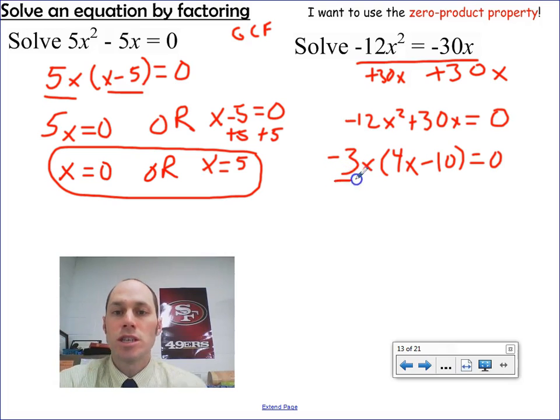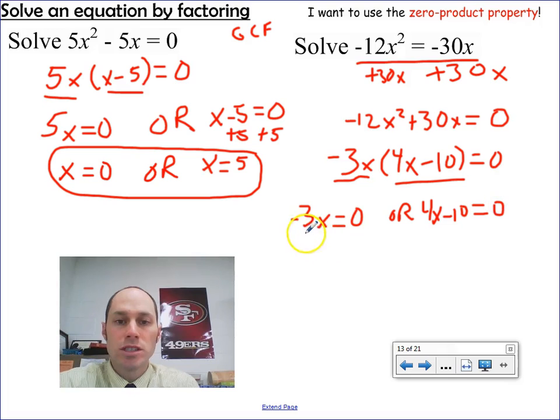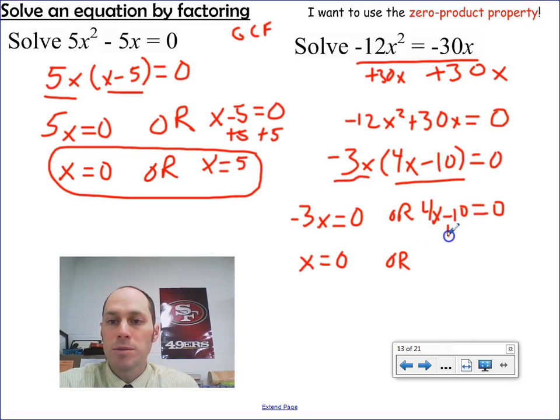So then I know each factor, if I can get it equal to 0, I can find a solution. So negative 3x equals 0, or the other factor, 4x minus 10, would equal 0. And then I solve both equations, divide both sides by negative 3, x is 0. Or this one, take two steps, add 10,